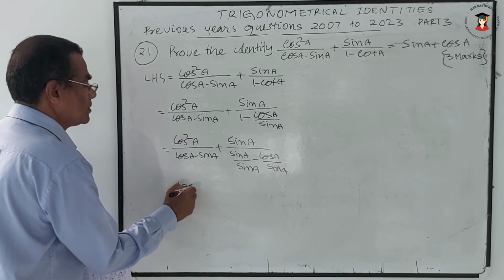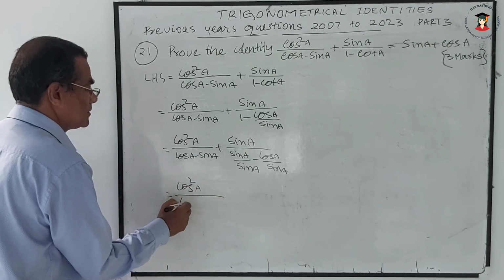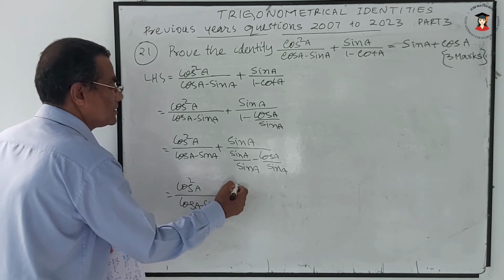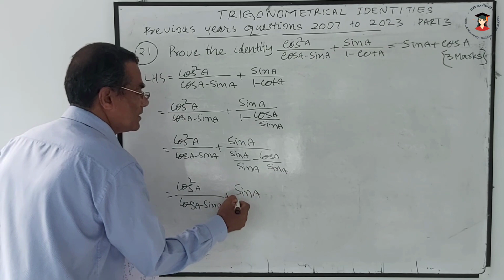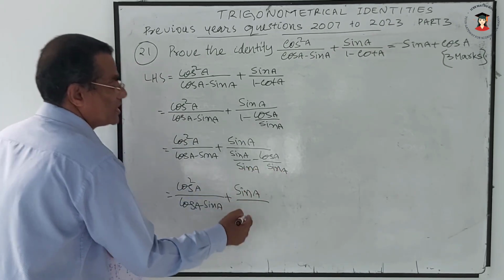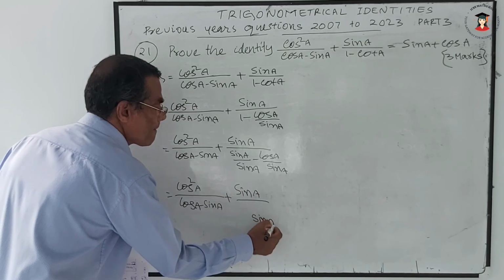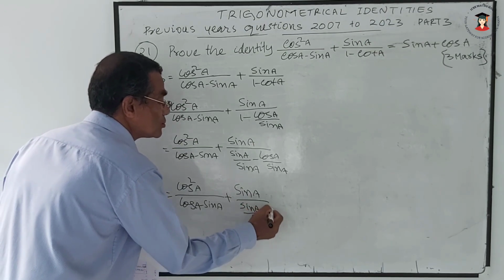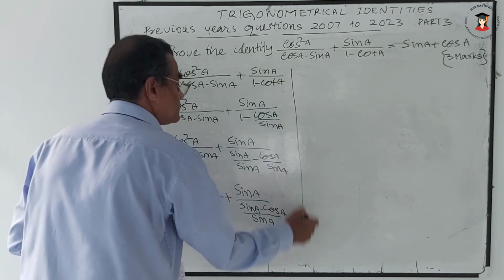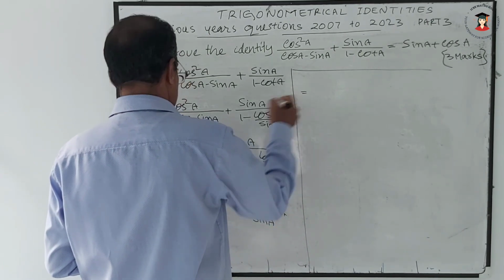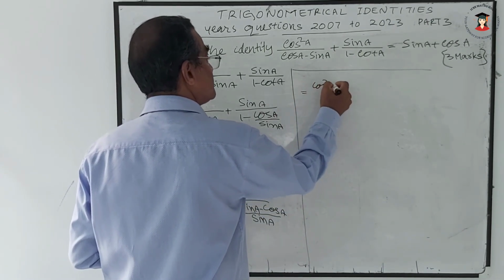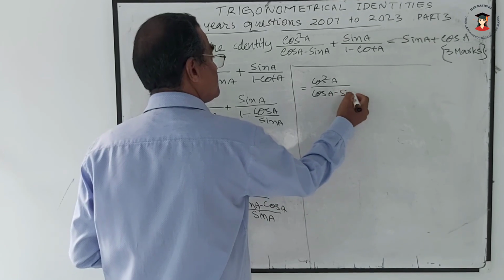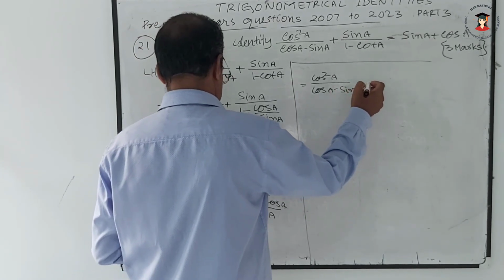Equal to cos square A by cos A minus sin A plus sin A divided by, the common denominator is sin A, and in the numerator we can have sin A minus cos A. Equal to cos square A by cos A minus sin A plus,